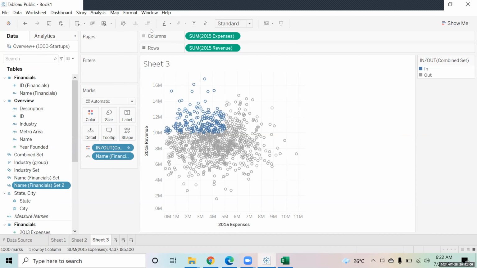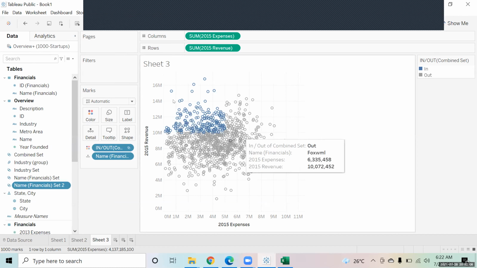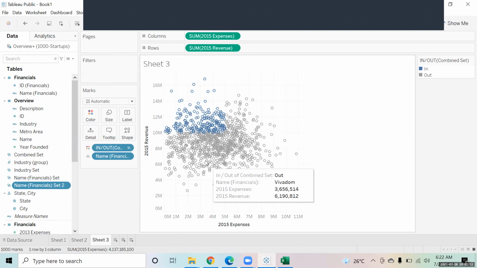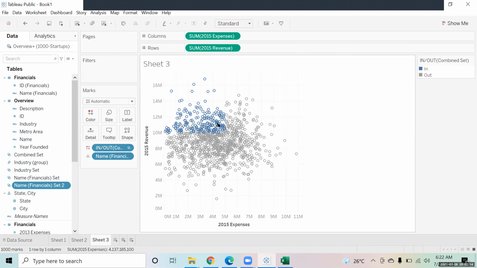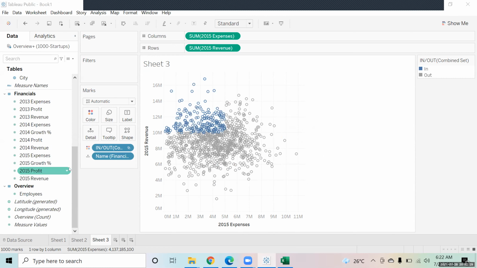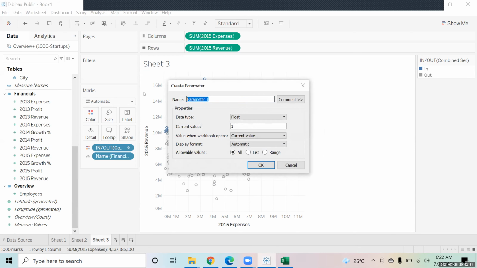Right. So now if I ask you, this chart that we have created, if I ask that you want to attach it to a parameter, right? Now what has happened is we are showing those companies which have a revenue as a fixed value. You can also assign parameters over here if you want. For example, let's create a new parameter. Now I'm calling this parameter revenue parameter.